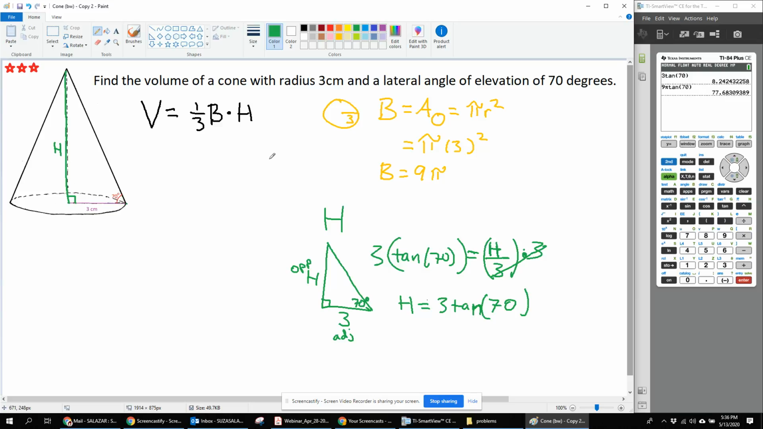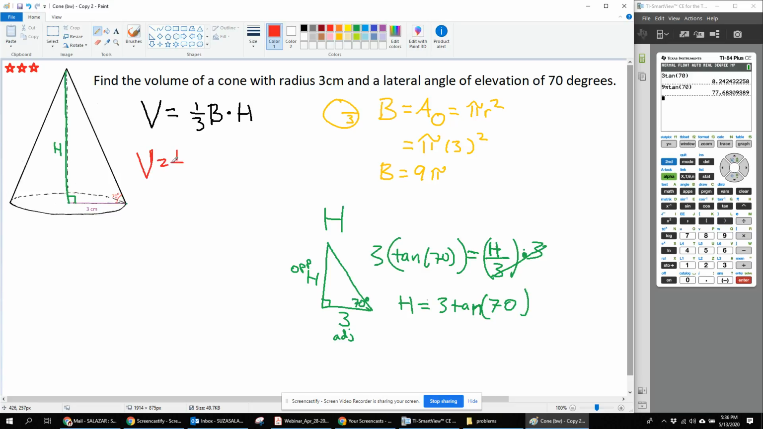So you don't want to waste the precision by rounding off any intermediate steps. This is a precise answer. This is an exact answer. So we're going to find the exact volume and then plug that number in so we only round it off once. Let's go for red now. So